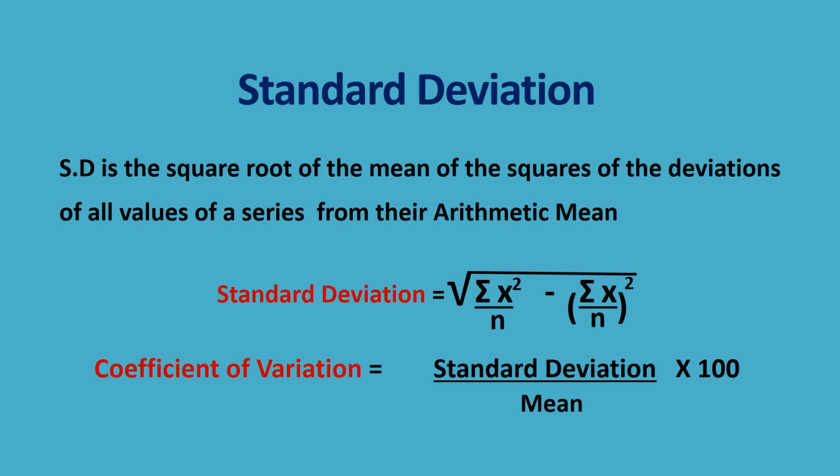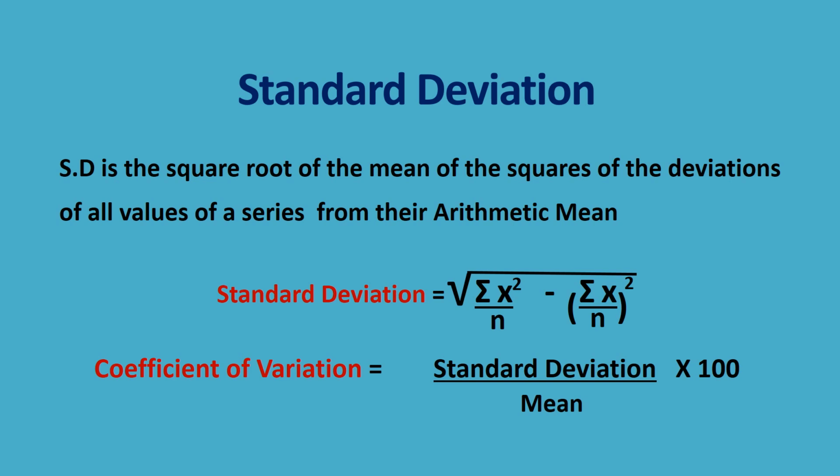Its main purpose is to overcome the problem of mean deviation ignoring the plus and minus signs in the calculation of it. So here what they are doing is they're squaring all these values to avoid the plus and minus signs. By squaring operation, the deviations from the mean will not give a zero sum, but a positive number, and each deviation will contribute to the sum of squares regardless of sign.